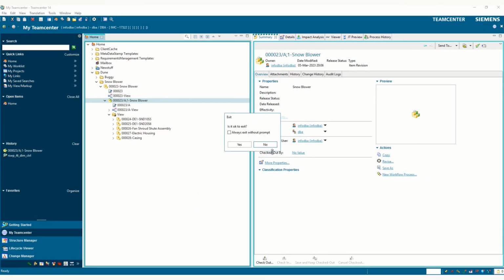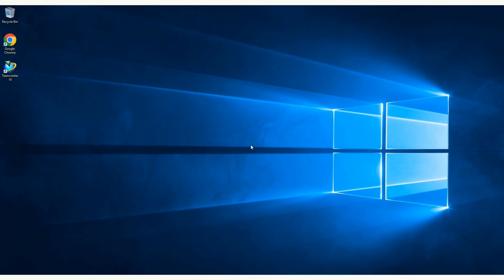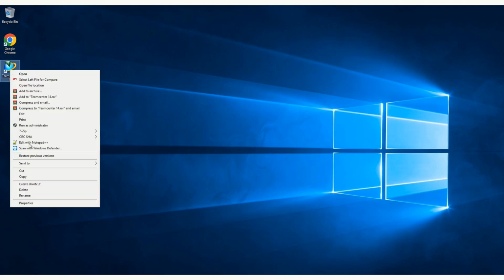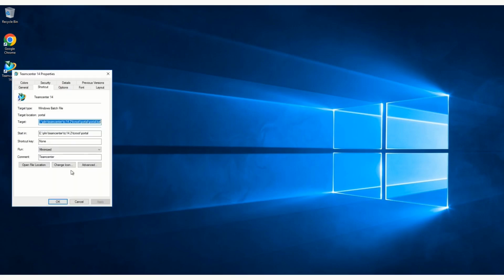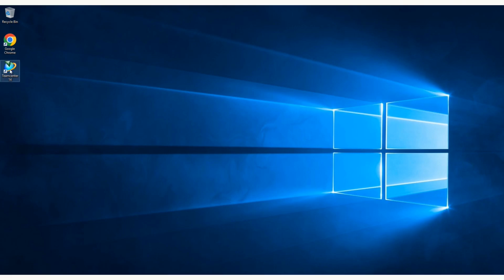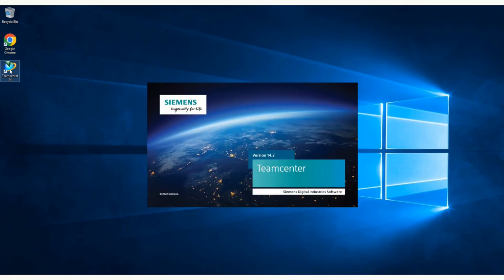Did you know that you can easily change the language of your Teamcenter client by adding an argument to the launch script? All you have to do is add an argument -nl followed by the language code you want to use. This can be very useful if you are working with international teams or if you simply prefer to use the software in a different language than your operating system. For example, if you want to change the language to German, simply add -nl de to the end of your